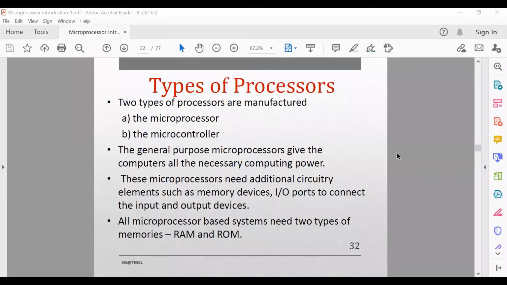Welcome all of you. So next is the type of processors. So basically the microprocessor, which is the CPU, is the principal element of any computer as it executes a list of instructions. These instruction lists are commonly called programs. This programming language is complex to use since it is machine or processor specific and coded in hexadecimal and binary. Now there are two types of processors, the microprocessor and the microcontroller.